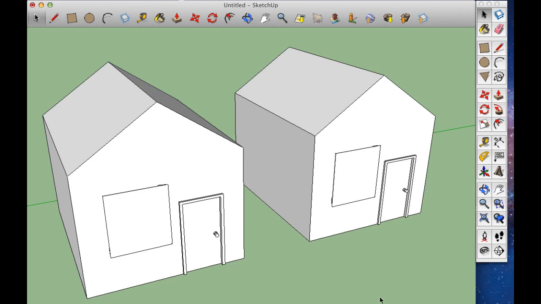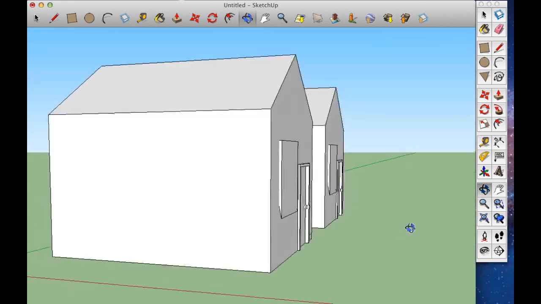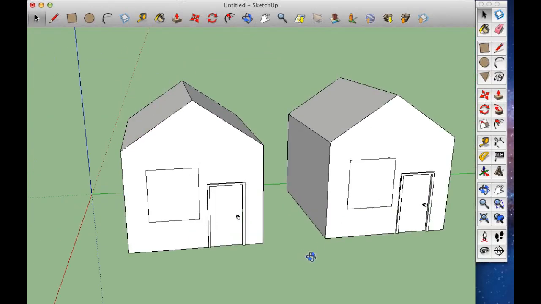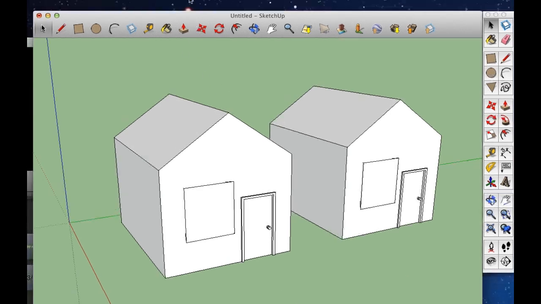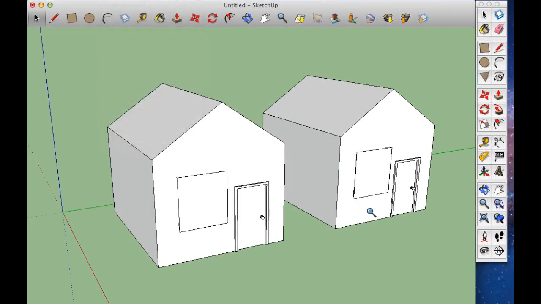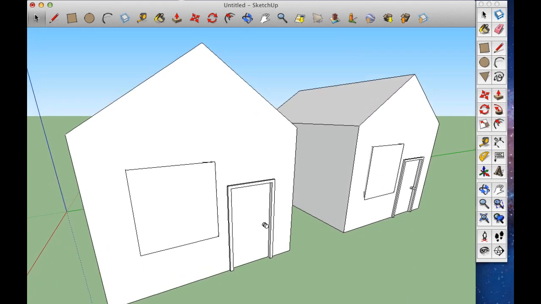And of course, then you've got your ability to fly the camera around and get whatever kind of shot you want to get. And then one more thing here, I want to show you the field of view on the camera. So if I go up here to the camera menu and I choose field of view, I can actually change the lens on my camera